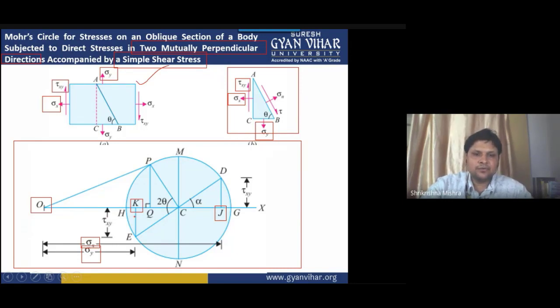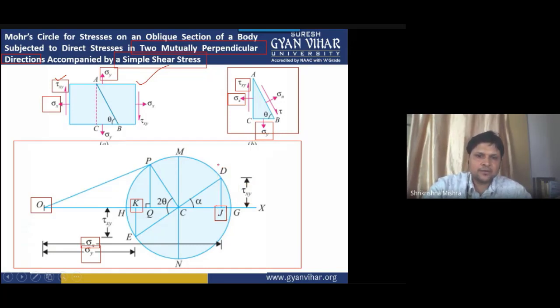Then after, what we will do: the shear stress value is given and its nature is clockwise, as considered from the sigma x value. Sigma x is represented by this point J. Since clockwise is taken as positive, we will drop a vertical line from this J equal to tau xy. This JD is equal to tau xy, students.